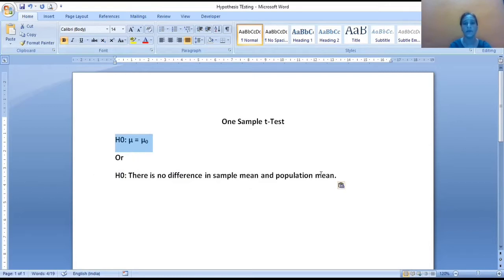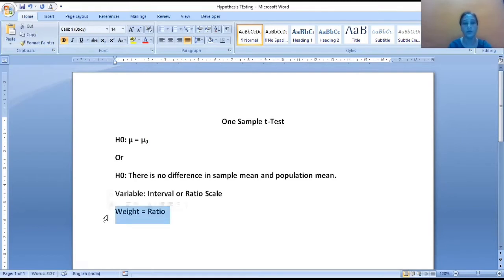Firstly, I need to tell you the condition for applying the one sample t-test. Whatever variable I am interested in should be measured on either an interval scale or a ratio scale. I'm interested in testing the weight of males, so my variable is weight. Weight is a variable which is measured on a ratio scale, so the condition is fulfilled.